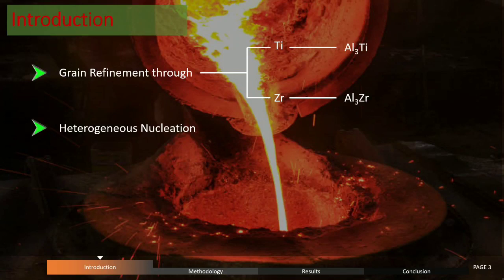But when it gets another medium, the energy gets reduced for that medium, and there the nucleation starts. Generally heterogeneous nucleation starts at the boundary of the casting shell, also known as the vessel or the crucible. There the energy is low, so heterogeneous nucleation starts and we get refined grains. But we want more refined grains in the middle of the melt. For that we add some inoculants like titanium, zirconium and others, to get heterogeneous nucleation inside the melt.